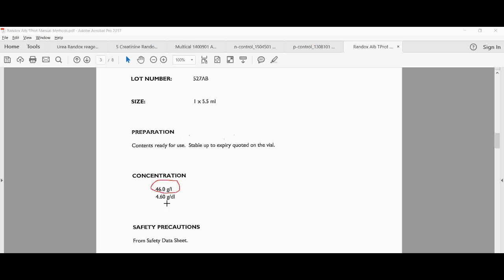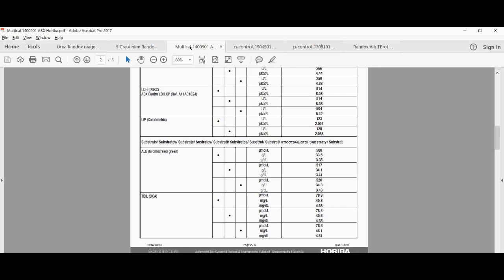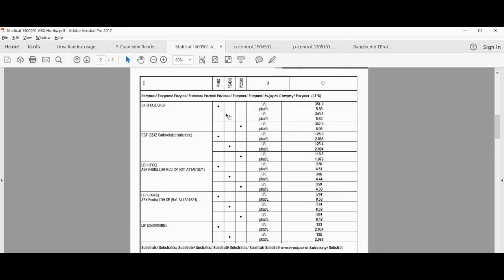So we're not using gram per deciliter, we're using the SI units, which is grams per liter. Okay, and you must remember this, keep this piece of paper with you. If, for instance, there was no standard with this reagent, then you can use a different standard as well. So you can use a multi-calibrator, for instance,